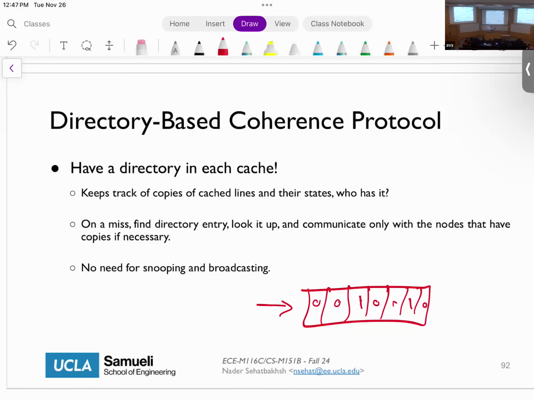There are a few details about directory-based coherence that I'm not going to go through. Just keep in mind that this also exists, but you don't need to know a lot about directory-based. We're not going to ask you questions about maintaining directory-based cache coherence. If you're interested and want to know the details, feel free to search and learn. But keep in mind that this is another option. Our main focus is snooping, which is also implemented in quite a lot of modern systems. Okay?